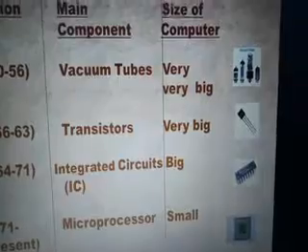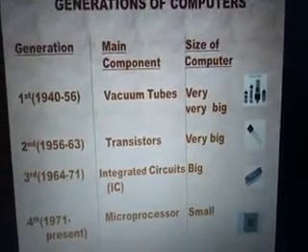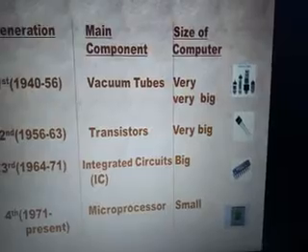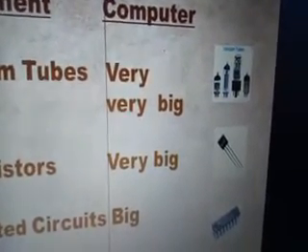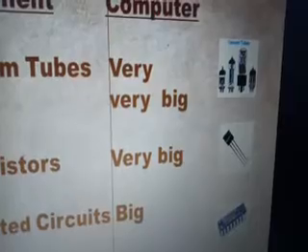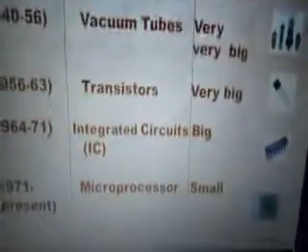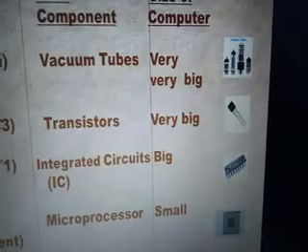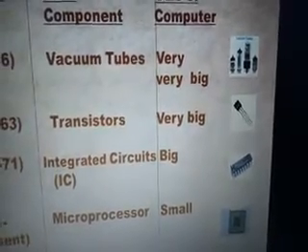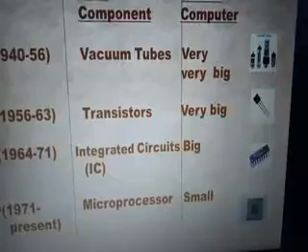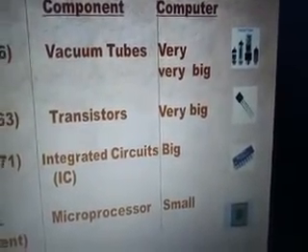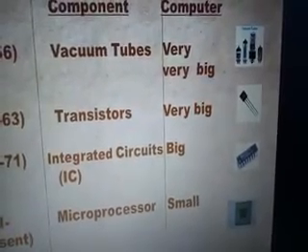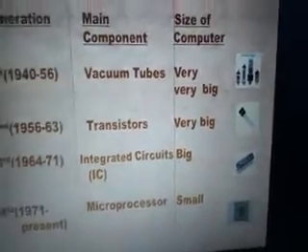In the olden days, the days of the first generation, there were some bulb-like structures called vacuum tubes. You can see this picture over there. The computers in those days had thousands and thousands of these bulb-like things called vacuum tubes, and every so often these tubes would get fused and the computer would stop working. The invention of the transistors, whose picture is given here, made the computers more reliable, also reduced their power consumption and also reduced their size.